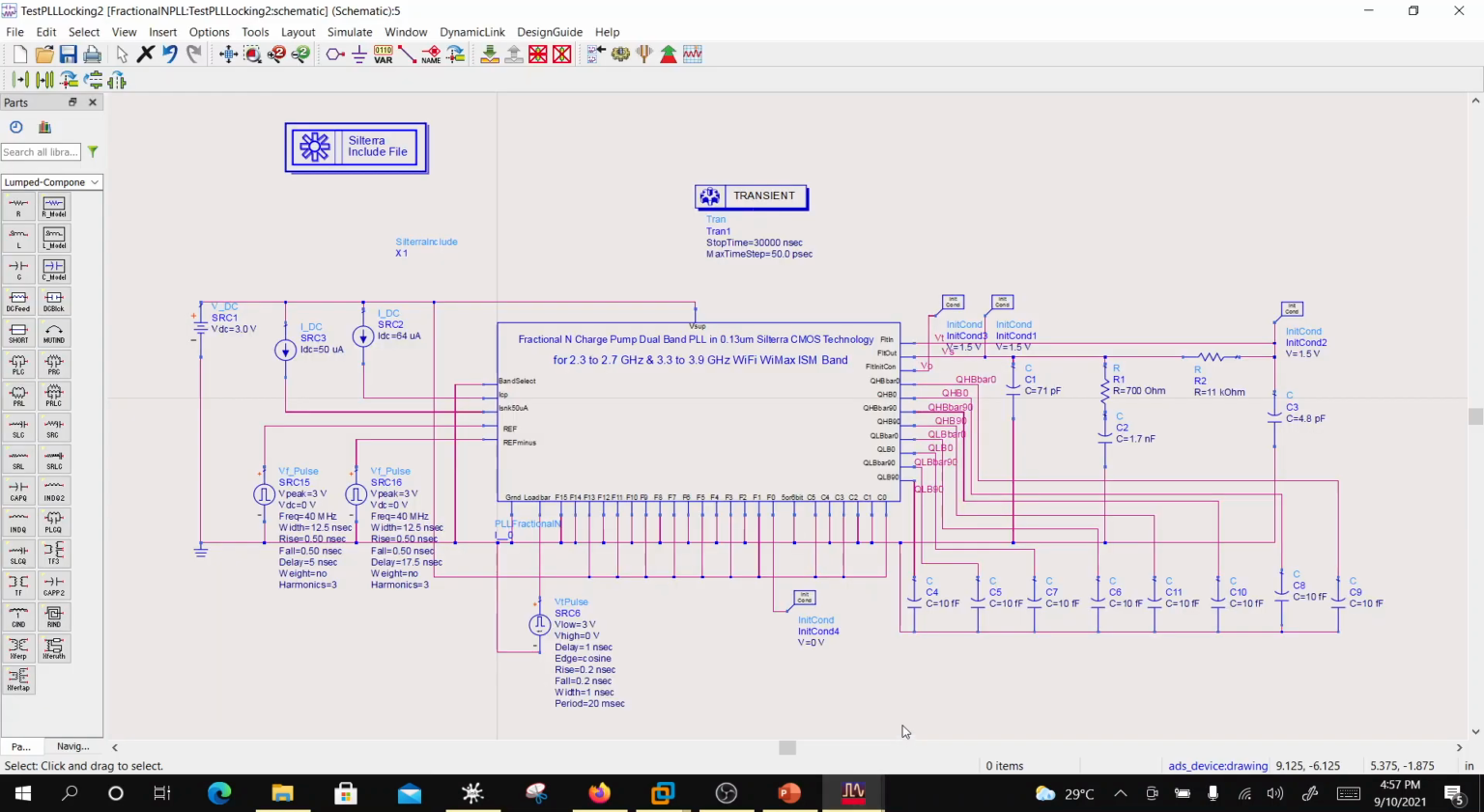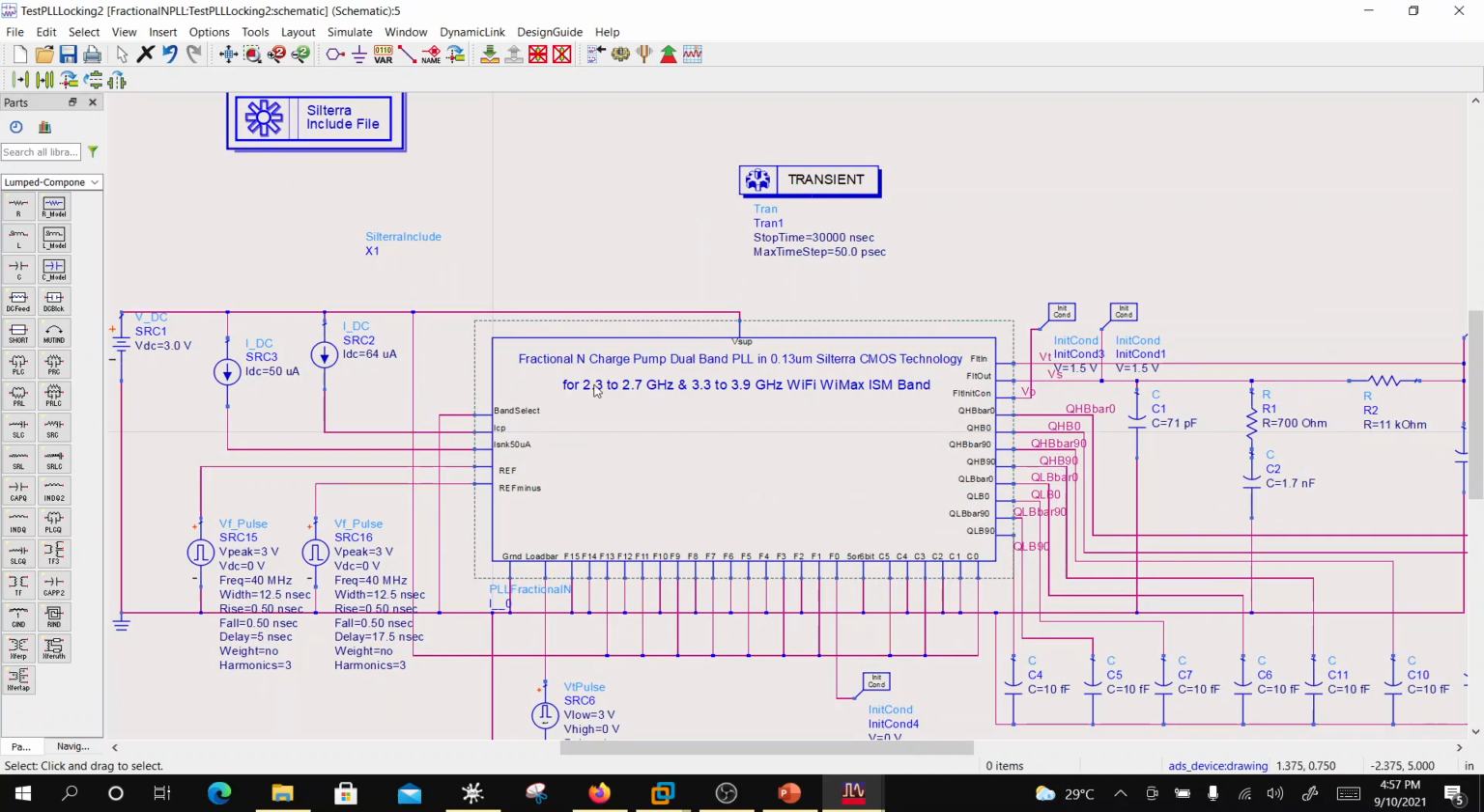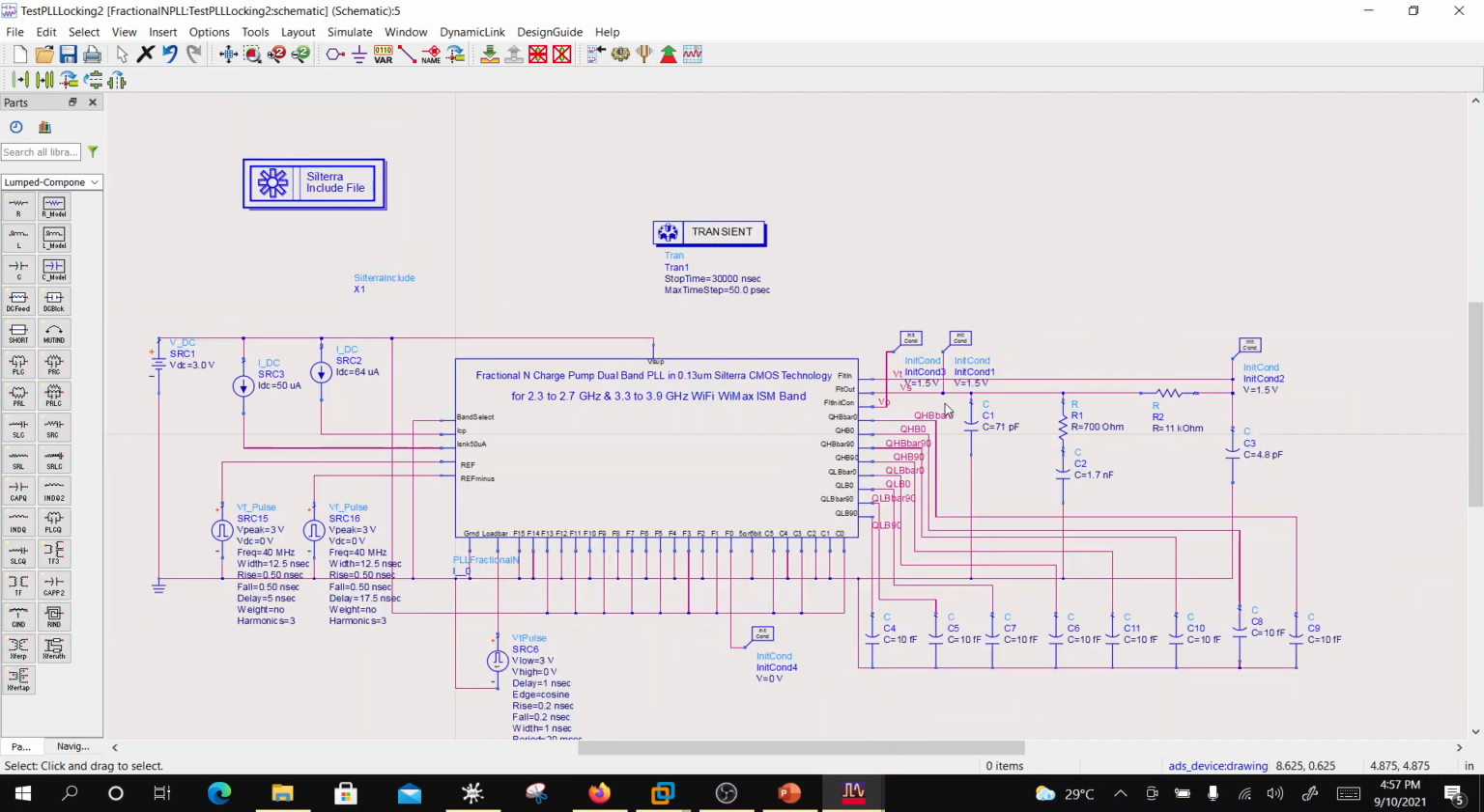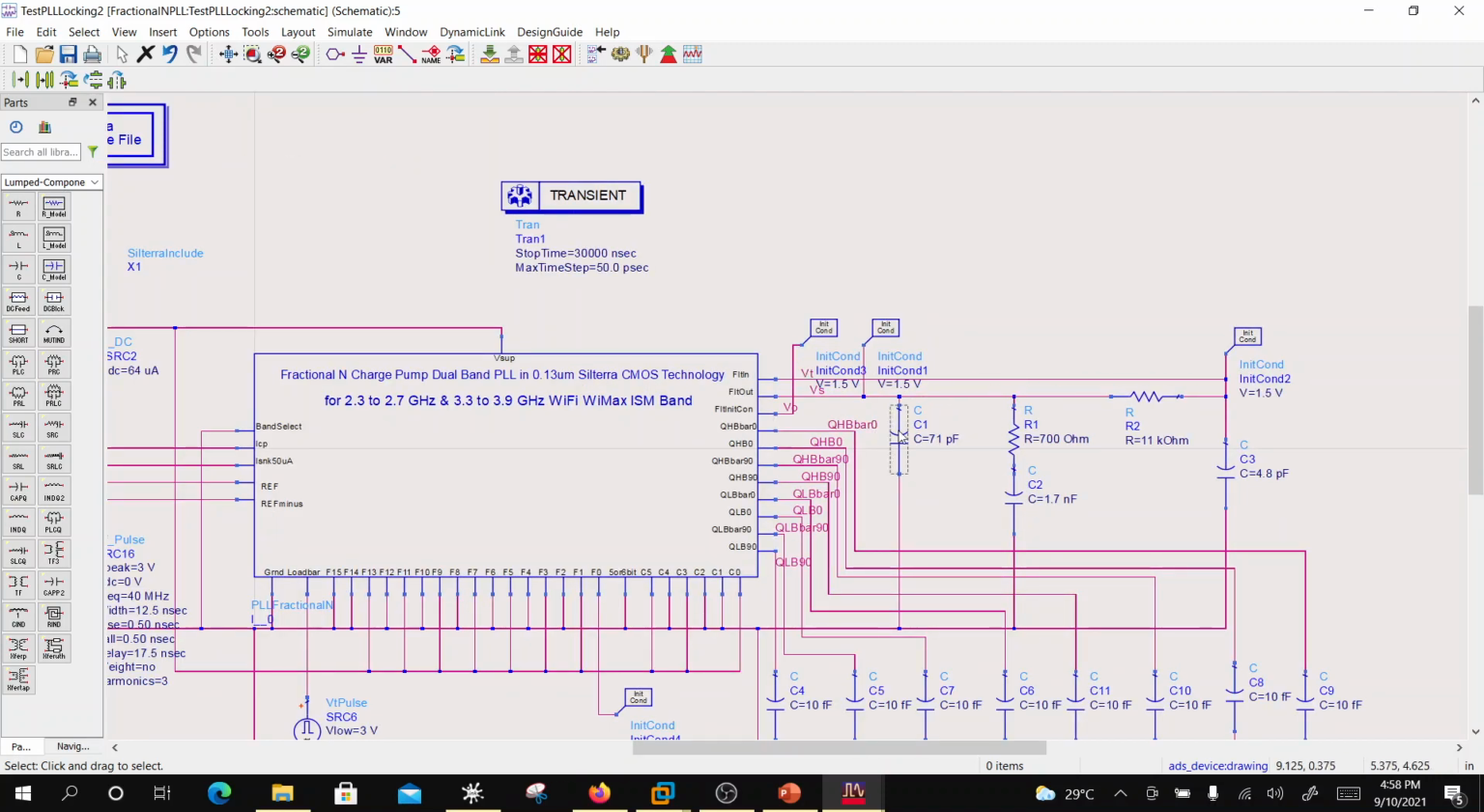So over here I have a finished block, and this is a fractional N PLL for two bands. One is 2.3 to 2.7 gigahertz, other is 3.3 to 3.9 gigahertz. So this is for Wi-Fi WiMAX. This was done almost 15 years back when WiMAX was picking up. So that technology is obsolete now. Then besides that, you are seeing this loop filter, which is C1, R1, C2,